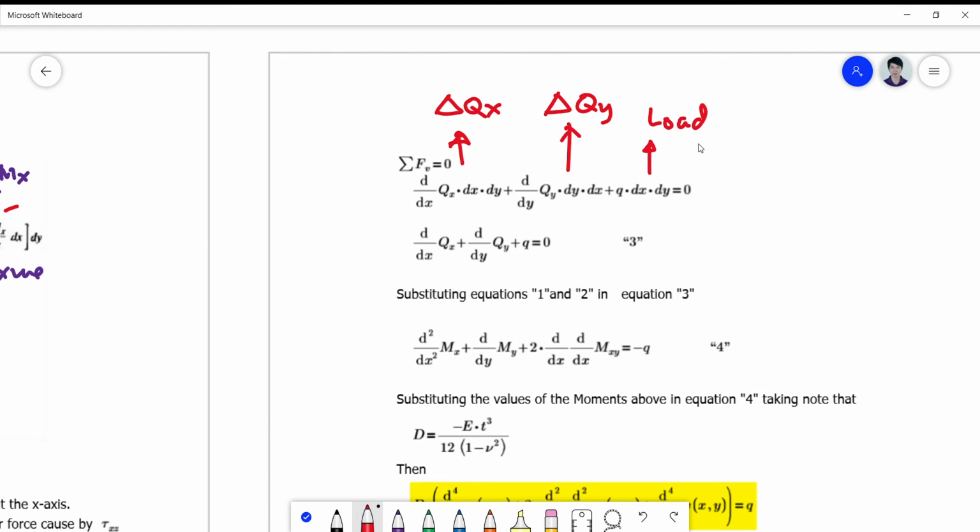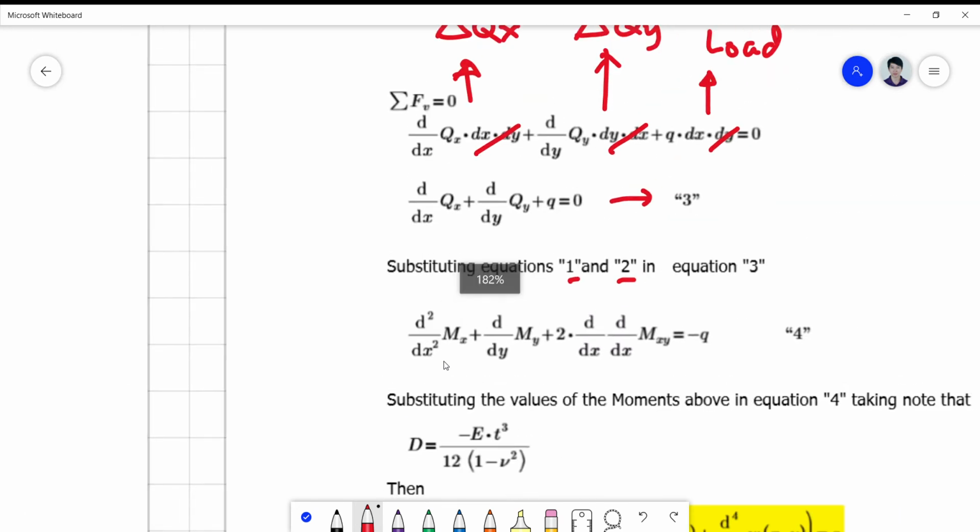Okay, so what about the qx and the qy? They will actually be canceling each other because of the qx plus delta x, the qy plus delta y. Okay, so for your third equation now, we simply cancel the dx dy here, and you get a simple equation, which is equation 3, upon which your equation 1 and 2 will be plugged in this equation, yielding to the fourth equation, which is simply